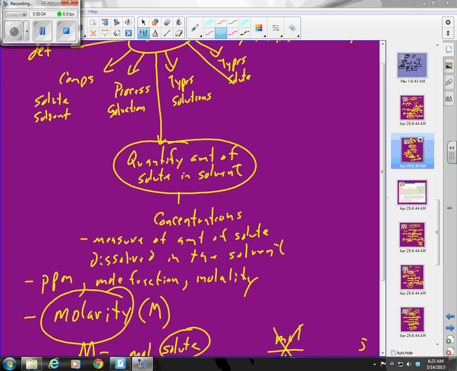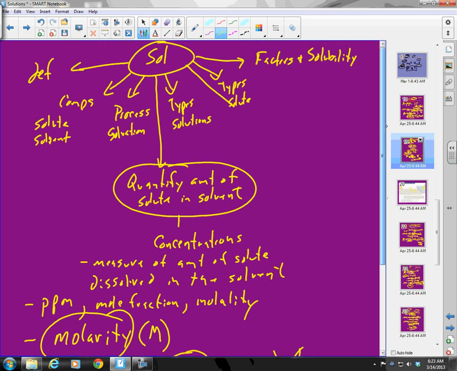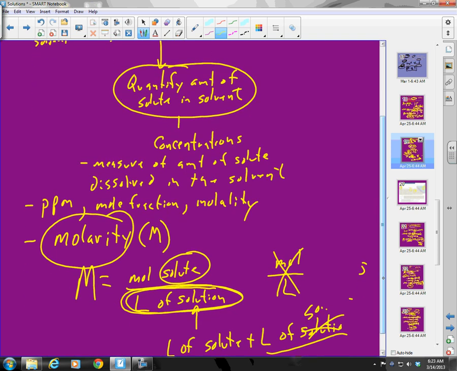Welcome back, everybody. We are talking about solutions, and we are about to finish this unit. We've talked about all the basics of solutions, right? We've talked about the definition and what makes up a solution, the process and types of solutions, types of solute, and factors of solubility. And last time we talked about molarity, which is a way of quantifying the amount of